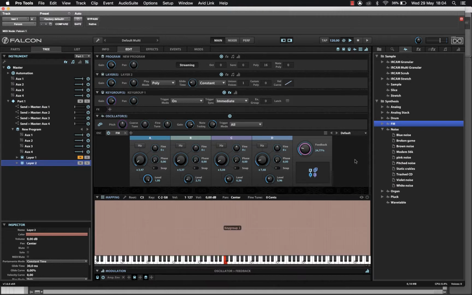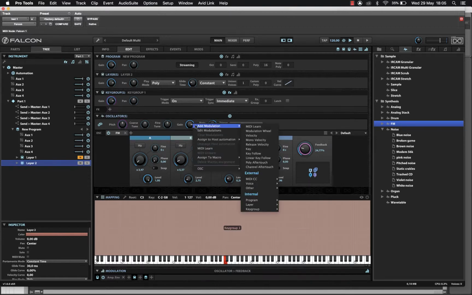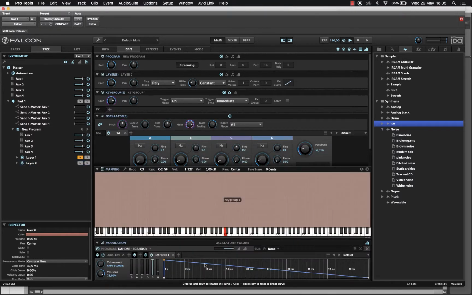All right, so that gives us a very FM-ish kind of chime type of tone. The envelope for this doesn't really have a bell-like decay. We really want a decay that is a little bit more bell-ish. So we can add modulation directly to the gain of the module and choose a new envelope from the list, kill the sustain version of it, and bring up a certain amount of decay on it. Right clicking allows us to change the curvature of that decay,